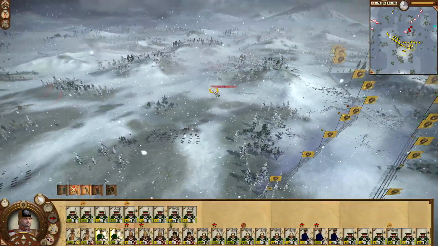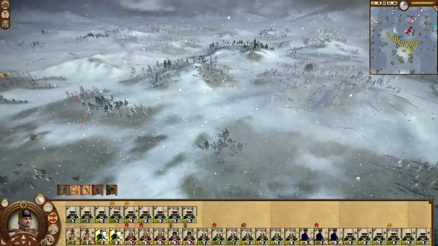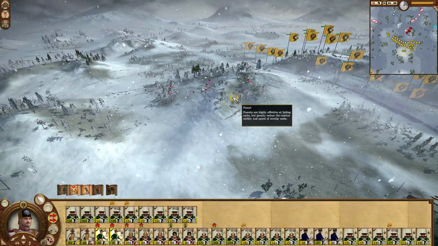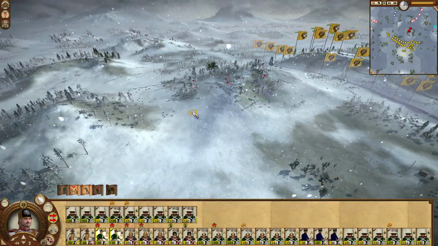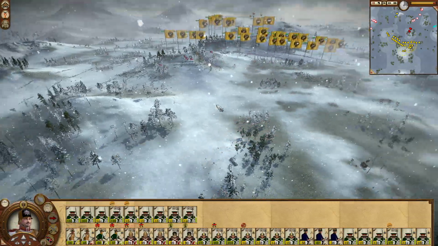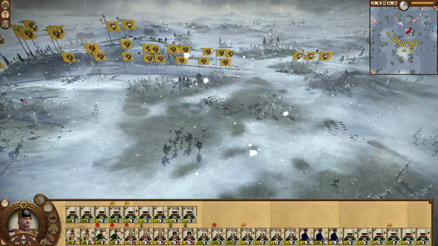The Dragoons still have quite a bit of stamina left. I'm going to be using them to come in and attack the Americans from the back. Let's set us behind the hill so they can't shoot at us, and then move in. Heavy cavalry is...